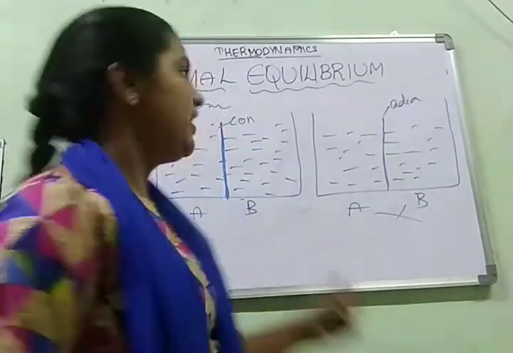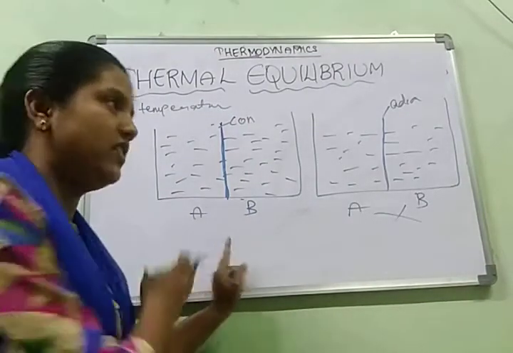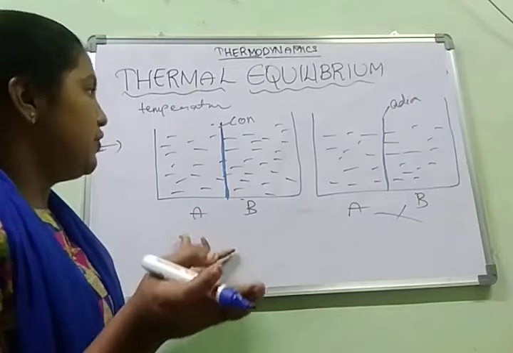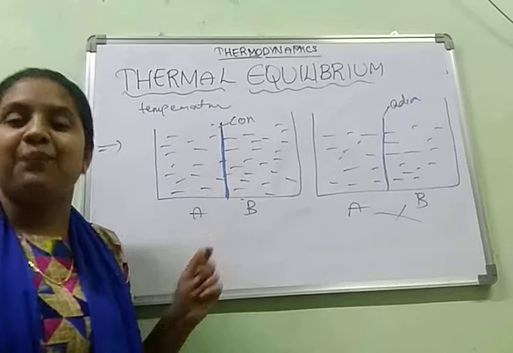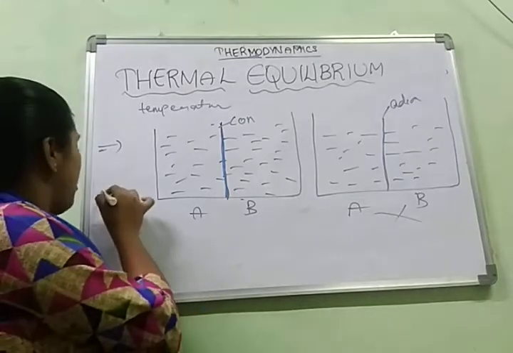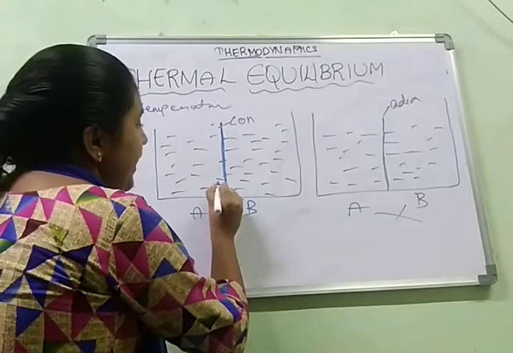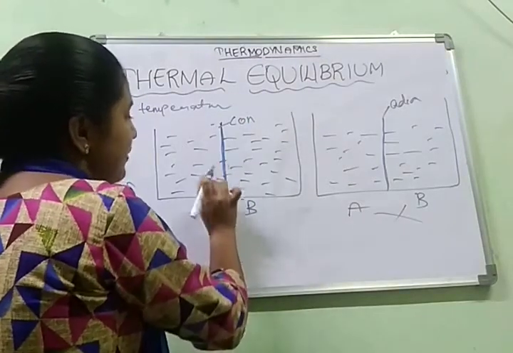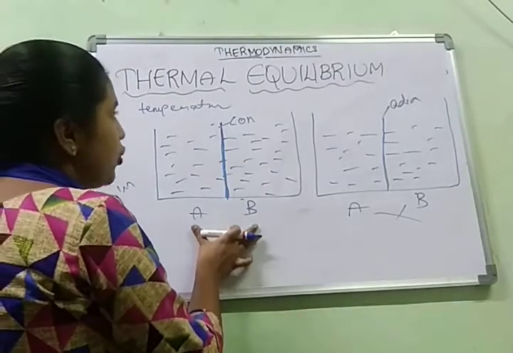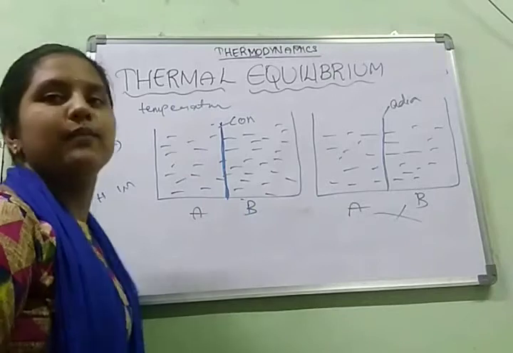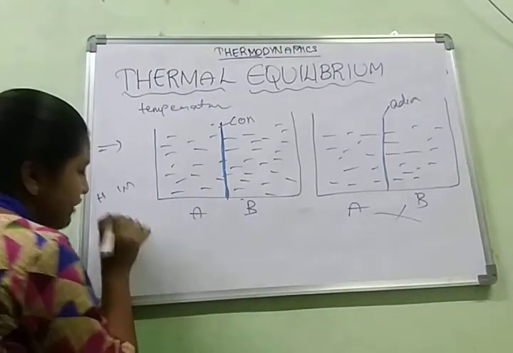Here it is conducting, which can exchange energy. As I said, in conducting, energy exchange takes place. Energy can be in the form of heat or work. So here the temperature exchanges through the wall from A to B and from B to A until they occupy thermal equilibrium. So by this I will say it is said to be thermal equilibrium